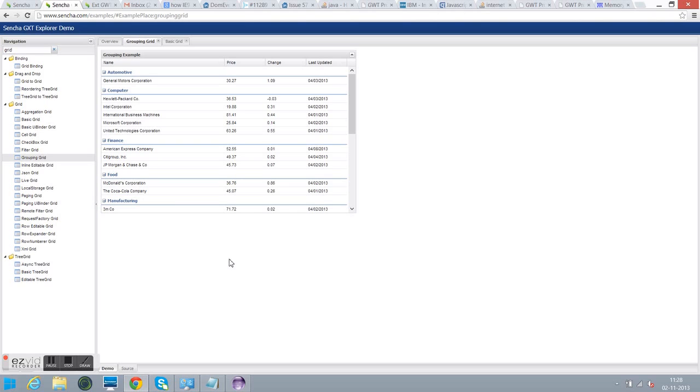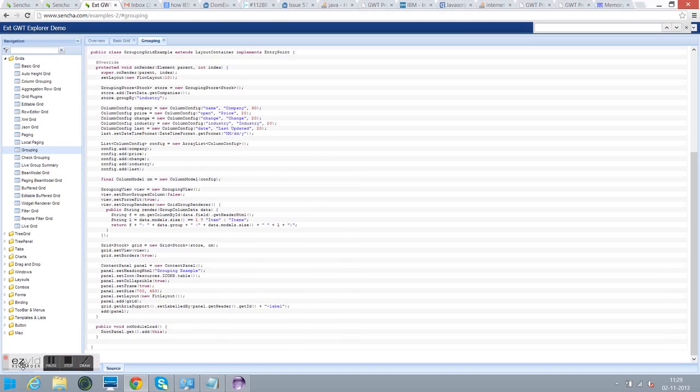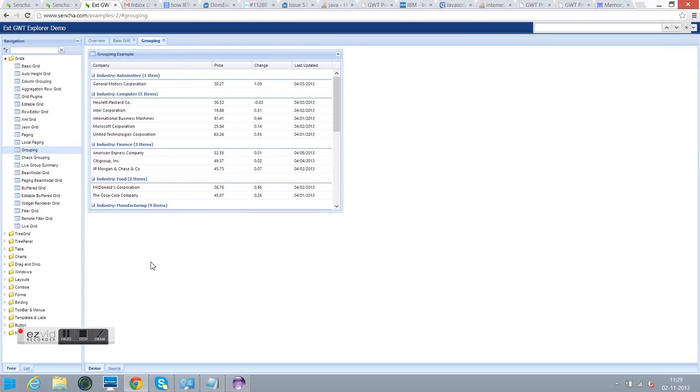Because whenever our application is loaded, at that time we have the basic heat map in a grouping grid. So first we will discuss the existing grouping grid, I mean the previous one, the 2.3 grid. As far as the UI is concerned, there is not much difference. Here you can see this is from the